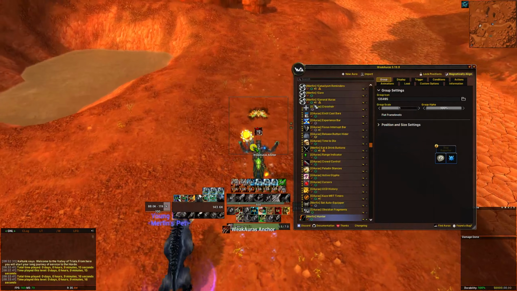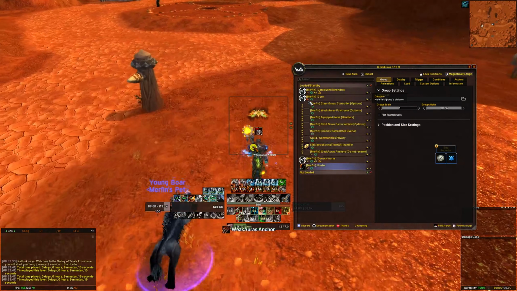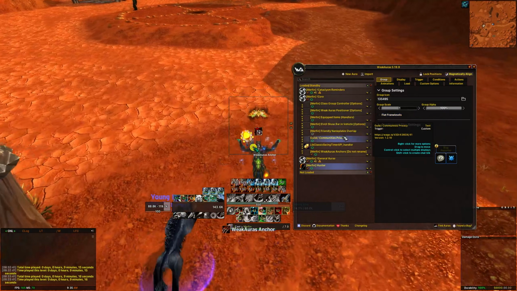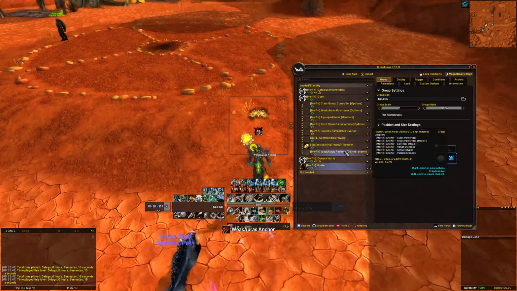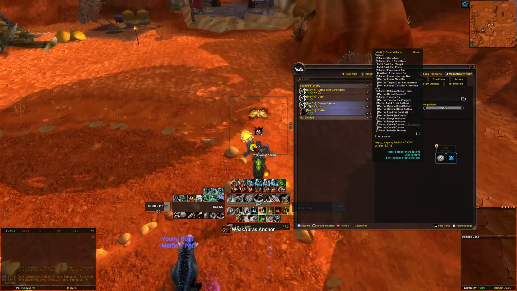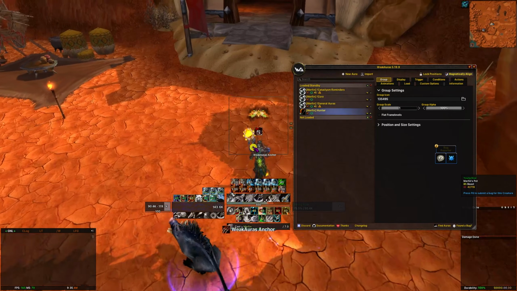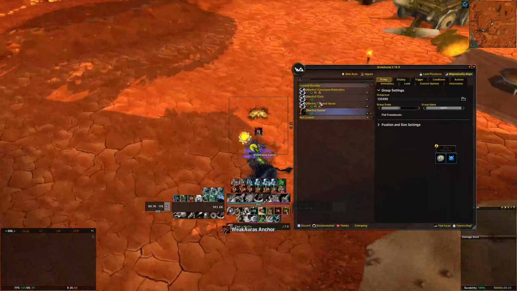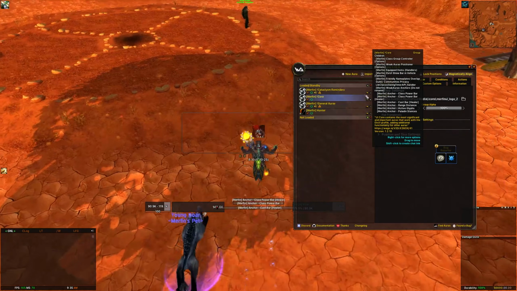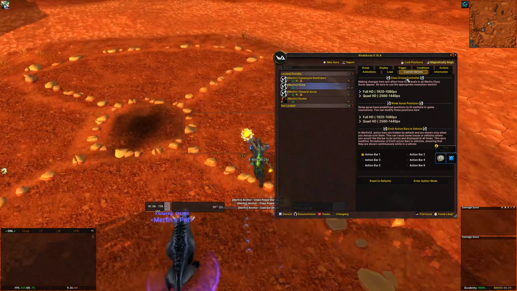Let me explain you the core. So there is a WeakAura called core. This core WeakAura contains some important stuff which I use in my UI, and you can configure the sizes of the panels of the icons in the class panels from the core. So if you click on core and go to custom options, you can see first of all the class group